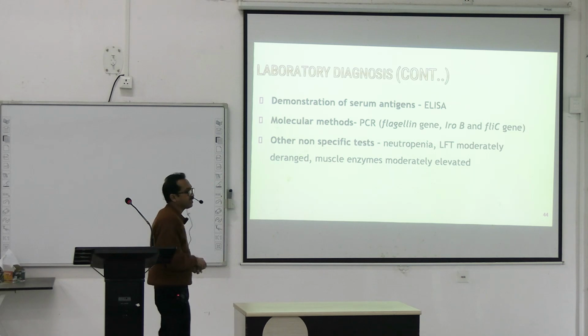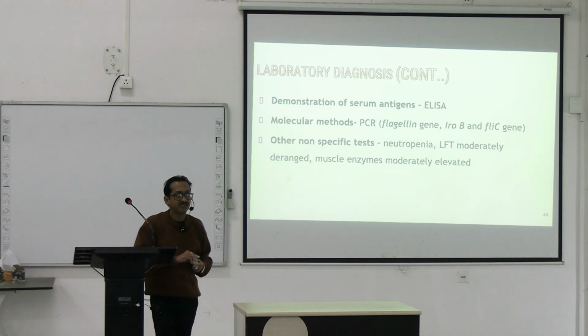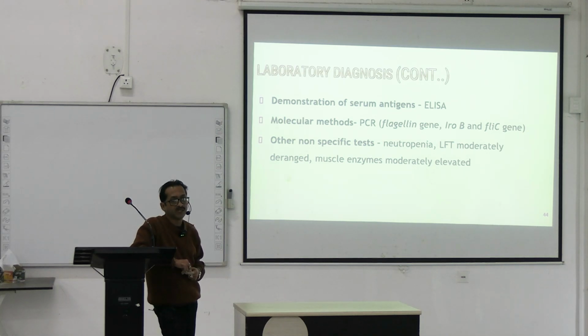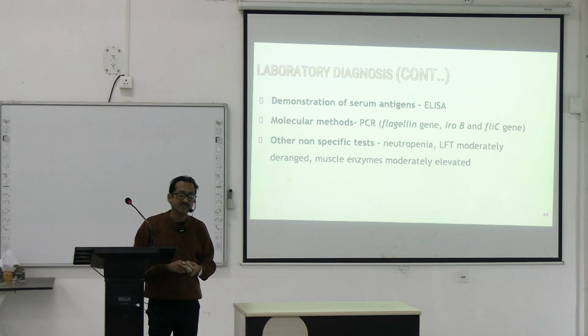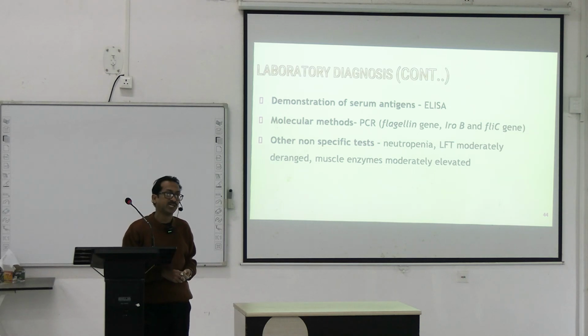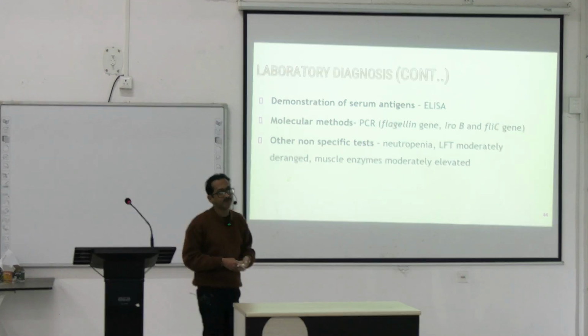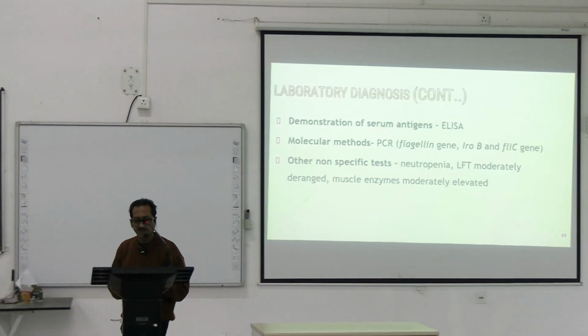There may be neutropenia, mostly in other bacterial infection. Which part of the WBC is increased? It is usually the neutrophil is more than other. So there is a neutrophilia. But in typhoid, neutrophil is not that increased. It is the lymphocyte that is increased. That is another, relative lymphocytosis. So another presentation, if you see the blood picture, there will be relative lymphocytosis.